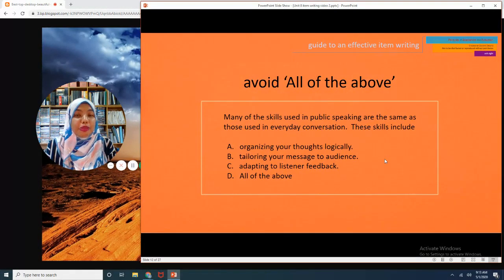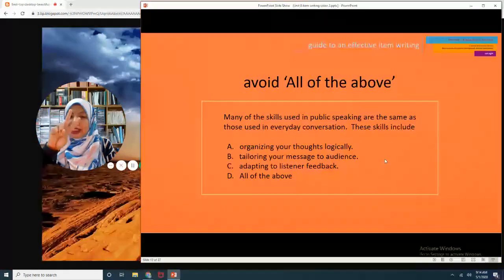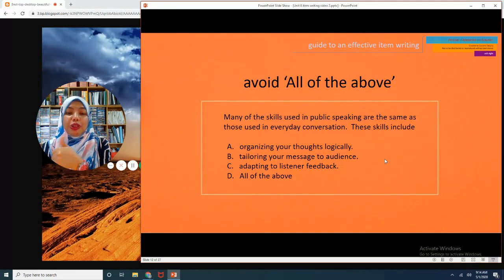Okay, so another thing that you must abide by is to not include all of the above in your options when you are writing your multiple choice questions. Now, all of the above is also very common. I'm sure that you have experienced scoring or responding to items that have all of the above as the option. Now, it is not effective for 2 reasons. Okay, number one, when all of the above is in fact the key, there's always a danger of measuring